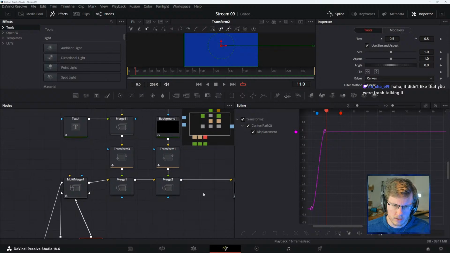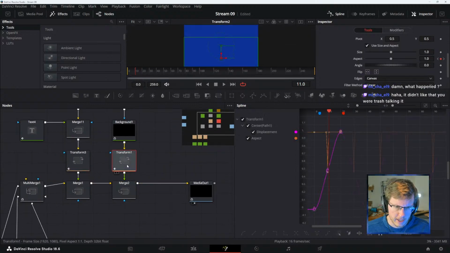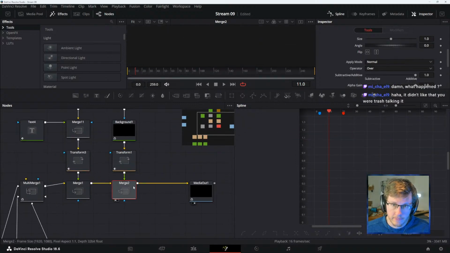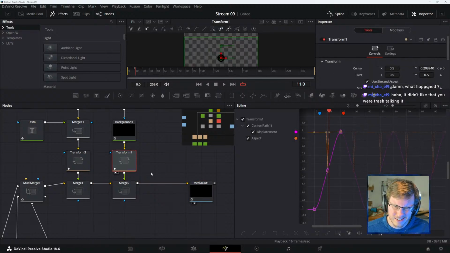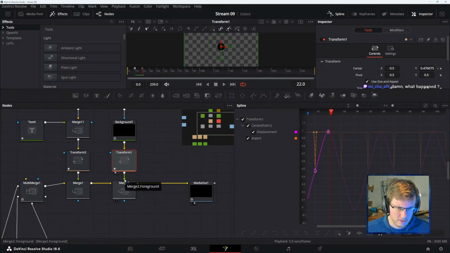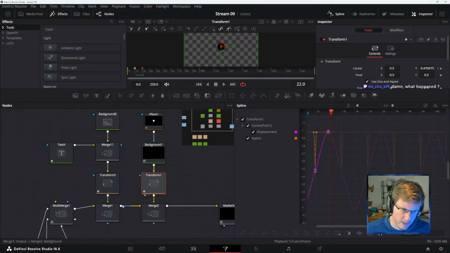Oh, because it hadn't animated in yet. Okay. I guess? No? Something about this is going to the foreground. That's what we want. And this is going to the background. That's right.